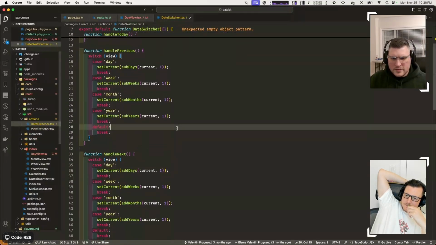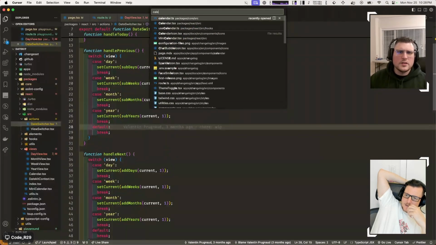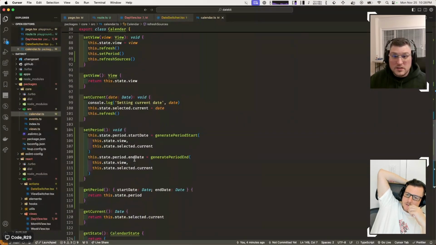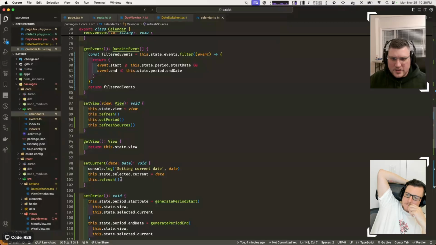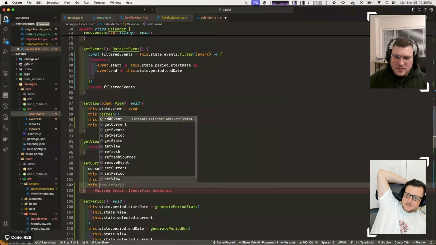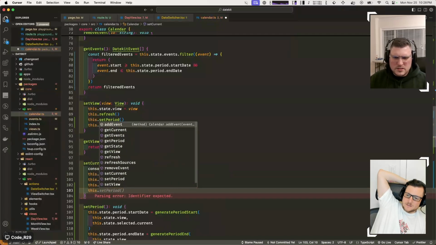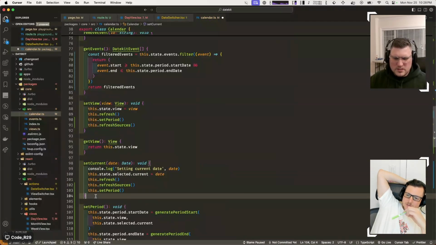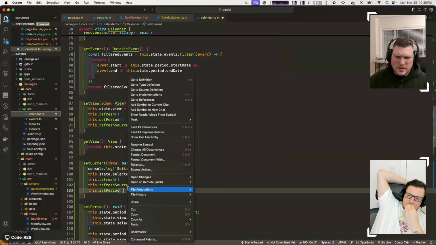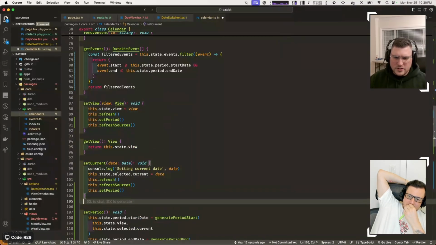Let's find out. That's in calendar, right? Yeah. Oh, but set current is not calling it. You're calling refresh. So all we have to do is this dot refresh sources. Yeah, but you also need set period because you just changed the current date. Okay, you need set period before you refresh the source. Yeah. So what we're actually going to do is